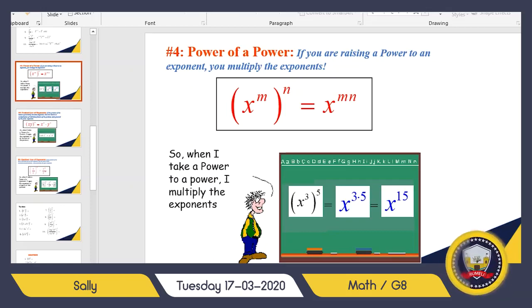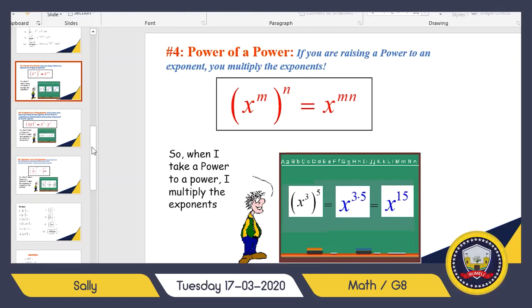Let's revise what we have covered yesterday. We have covered four laws of exponents, which are: in multiplying exponents having the same base, we just add the powers. You remember this? And in dividing powers having the same base, we just subtract the powers. Okay? Then we went through